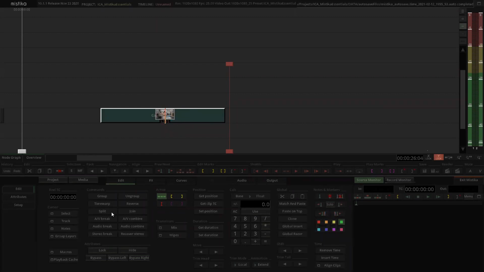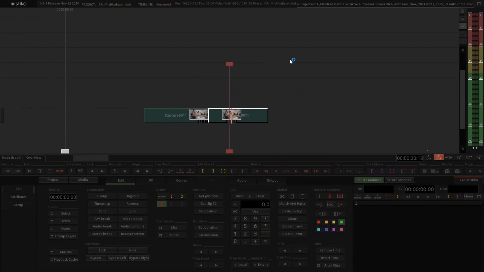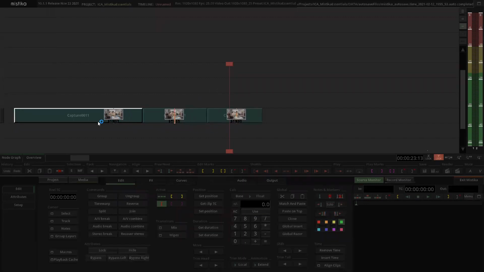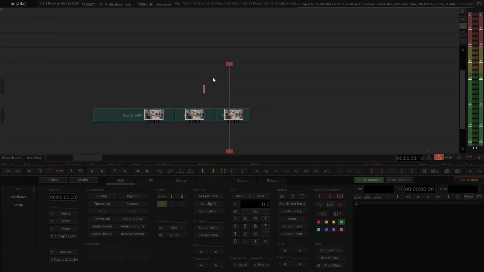So maybe here I could even split something if I wanted to, and I will do it on the active frame. If I wanted to do this with my playhead, I would use the icon with the red line, and I press split, and it will cut that down. As you can see, as soon as I cut my clips, there is now a new active frame on each of the new clips. But